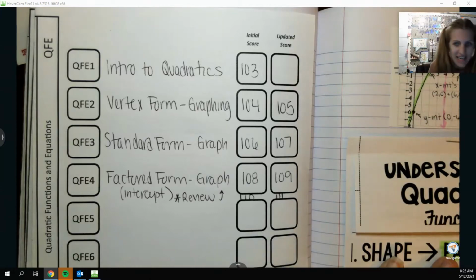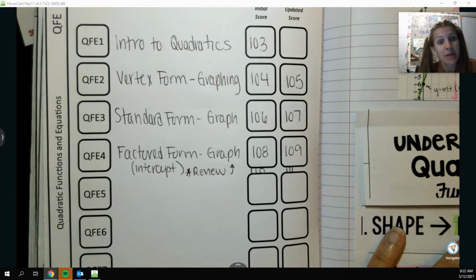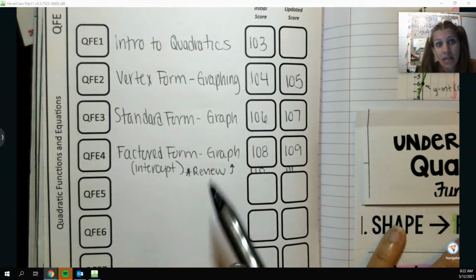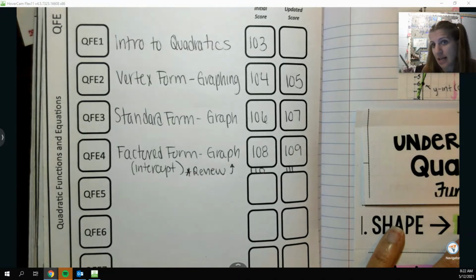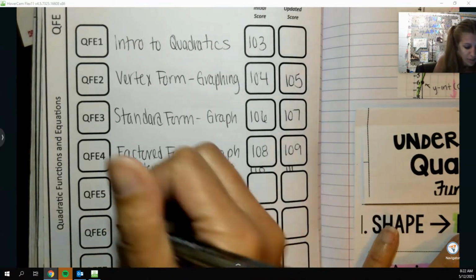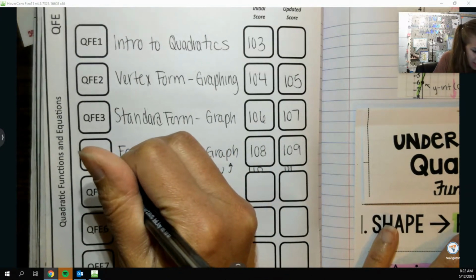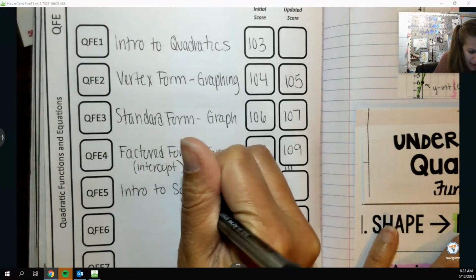All right, guys, we are going to add to our notebook today, and we're going to shift our focus a little bit. The first half of this chapter is all about graphing. So how do I graph a quadratic in each form? And so now we want to talk about how do I solve a quadratic in each form? So the next page that we're going to add here is Intro to Solving